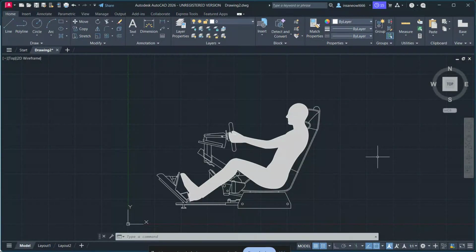If you work with points in AutoCAD, changing the point style is one of the easiest ways to make your drawing clearer and easier to read. In this video, I'll show you how to change point style in AutoCAD step by step, and I'll also show you how to adjust the point size so your points appear exactly the way you want them on the screen